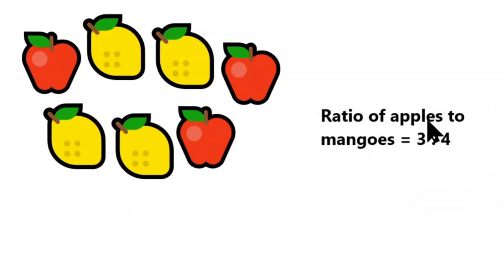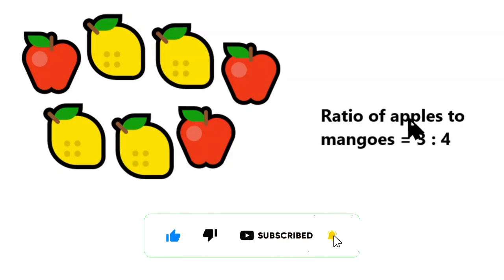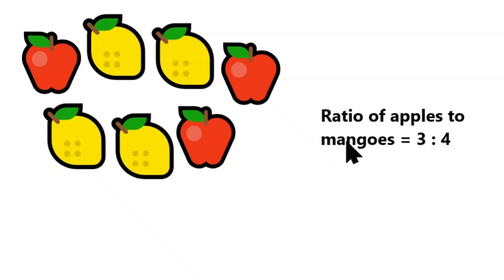We have already seen this in the previous video. Ratio means the comparison of two numbers. So the ratio of apples to mangoes is equal to 3:4. First, the apples: how many do we have? 3. And the number of mangoes is 4. So the ratio of apples to mangoes is 3:4. This is how you write a ratio. Or you can also write the ratio as